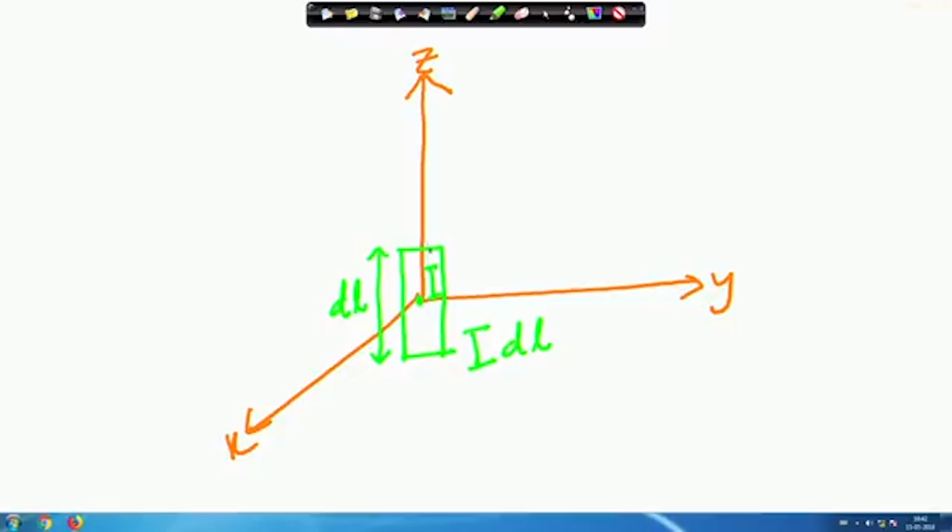So, I is uniform throughout in magnitude and phase, but after reaching here there is no I, after reaching here there is no I. You know that this type of thing cannot exist in practice,